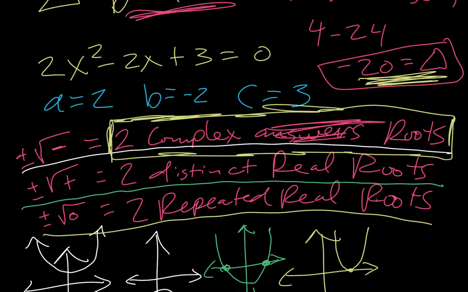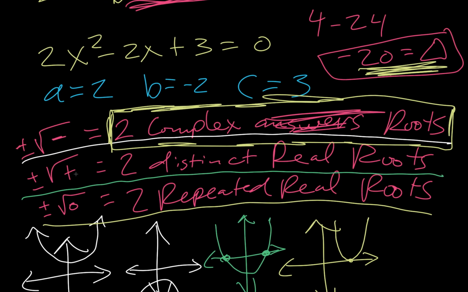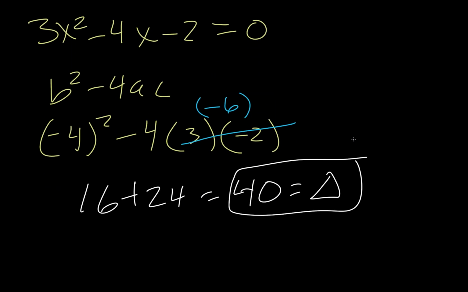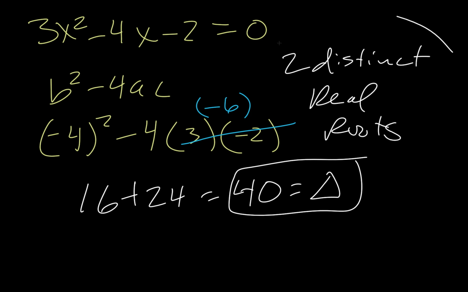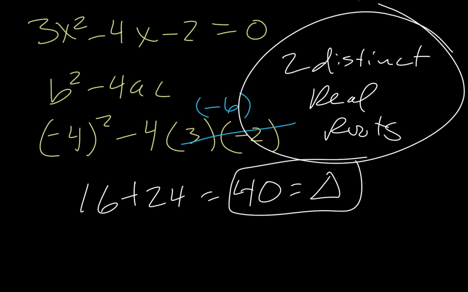If we go back up here, we had a positive value. And so that tells us we have two distinct real roots. So we just say two distinct real roots. And that's our actual answer that we're looking for. Okay, let's move on to example 13. They give us a new quadratic equation. This time, though, the constant is represented by m. And it says, find the discriminant, and hence find the value of m for which the equation has repeated roots,